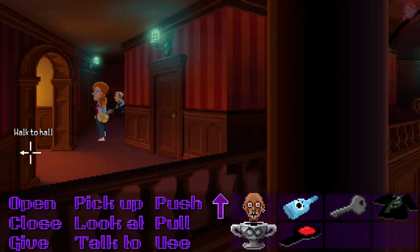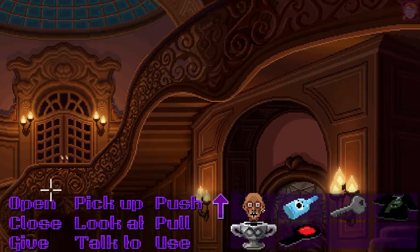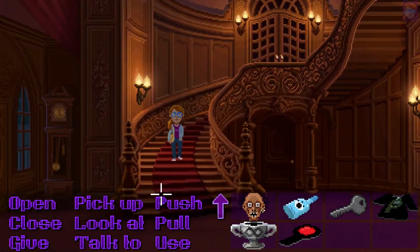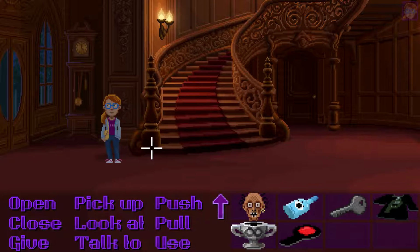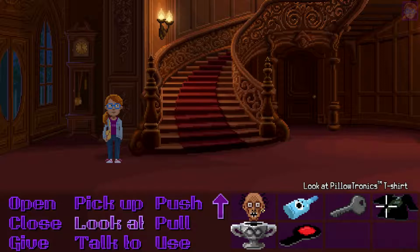We have a couple of things that we need to get before we can get into the factory. Getting into the factory is a bit of a tricky puzzle and requires all of the characters. Then they all go in at the same time for the final section of the game. And let's see, what do we need? We got the Pillowtronics TM t-shirt as our part of Chuck's will, which is a bit of a stiff prize, to be quite honest, but we can use that